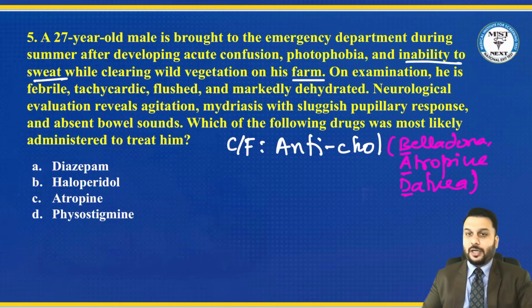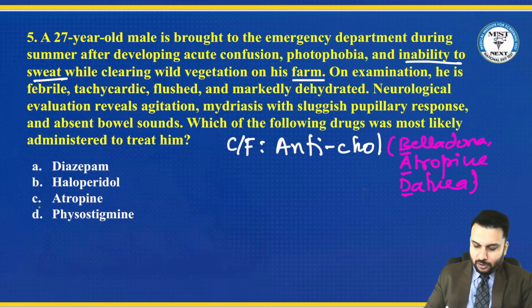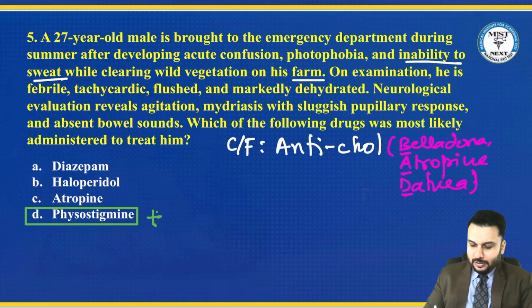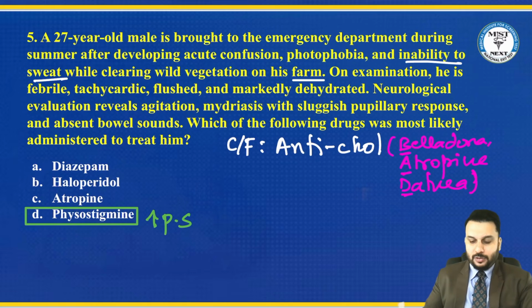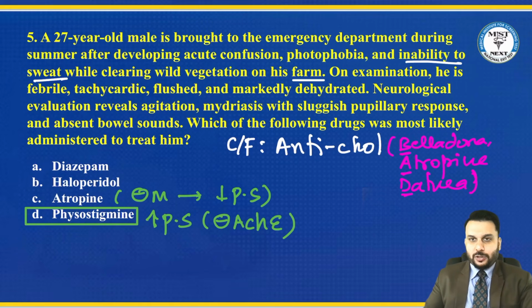By producing cholinergic activity. And for that, we must give the drug called physostigmine. Physostigmine is a drug that increases parasympathetic activity. It comes under acetylcholine esterase blockers. If you see atropine, on the other hand, atropine is a muscarinic blocker, and because of muscarinic blockade, it will reduce parasympathetic activity. Because it reduces it, I wrote it under anticholinergic: atropine.